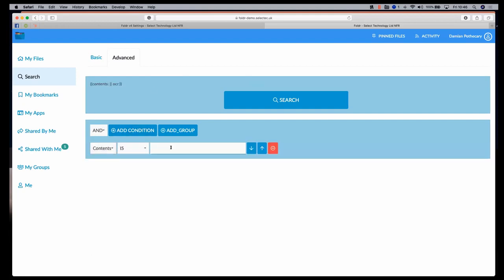But I could come into this advanced area and add a search and say, well, actually, I just want to search on the content, and this should